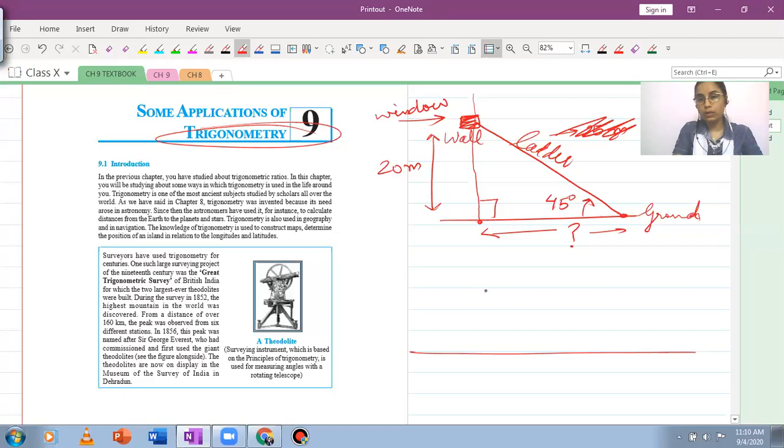So I'm going to just draw the ground level. The building, let us say, is AB, and then there is a car here at C. This is how I'm going to show the picture. This is how you have to represent objects, either in the form of points or in the form of line segments. Further, they will tell you what angle is formed at what point, and that's the most important thing you want to know. And I'm just going to take that up now, how you have to mark the angle.